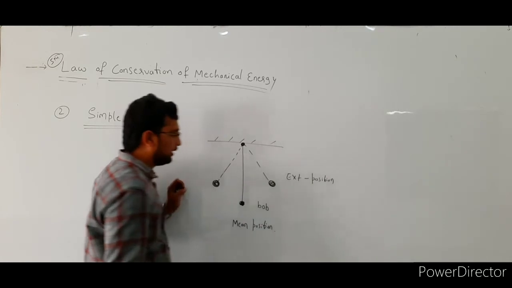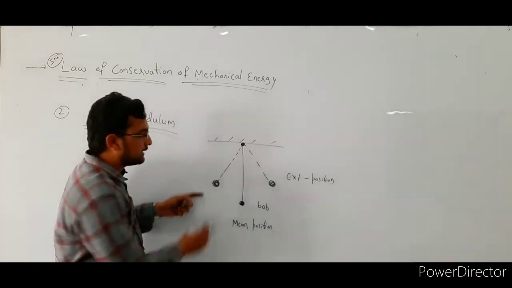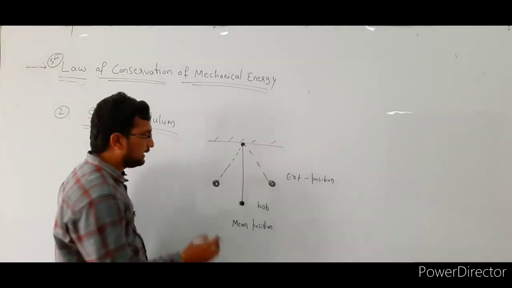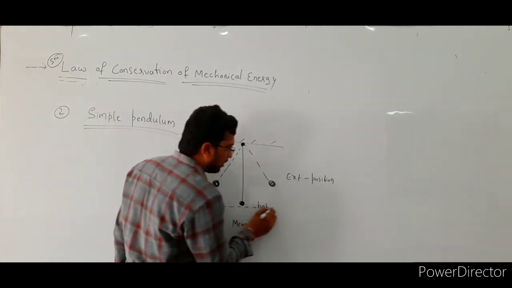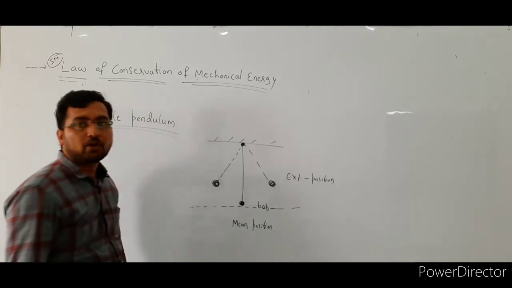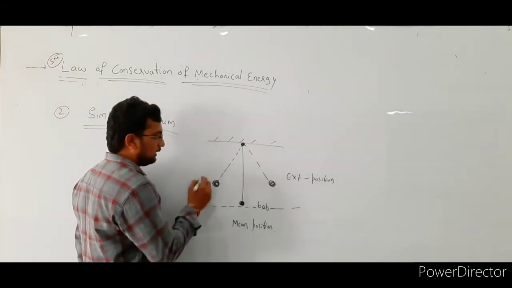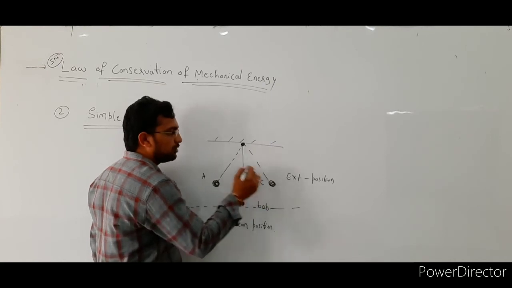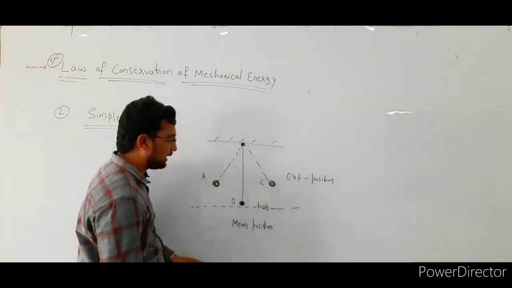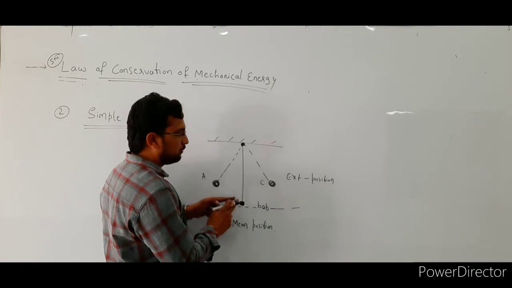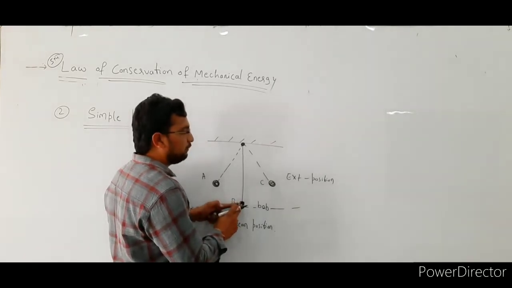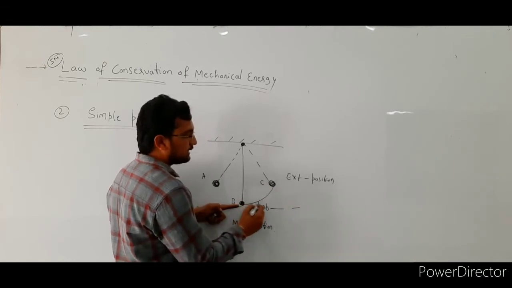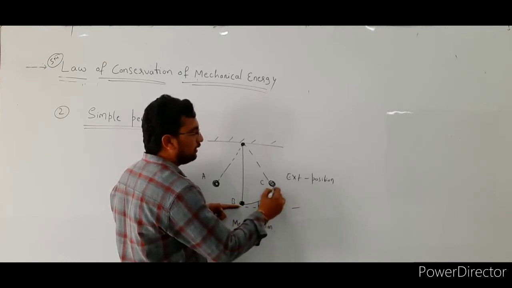Extreme position. So here we are giving small oscillation, which means it starts oscillating between two extreme positions. Consider this is a horizontal surface. Here this position is A, this position is B and this position is C. In this case, first we are assuming that the bob is moving from point B to point C, and the height of the bob from the surface of the ground